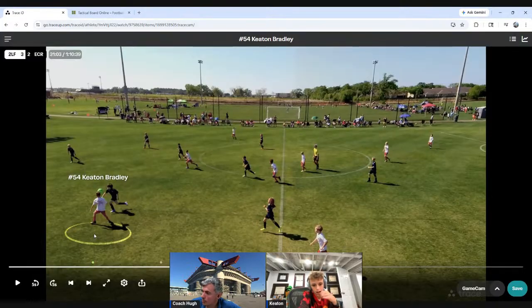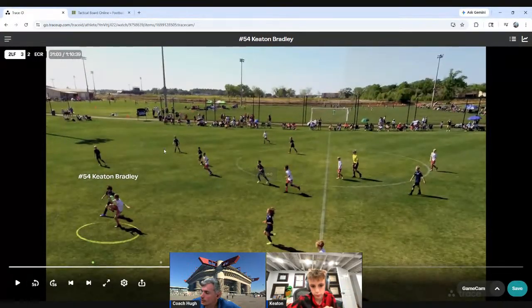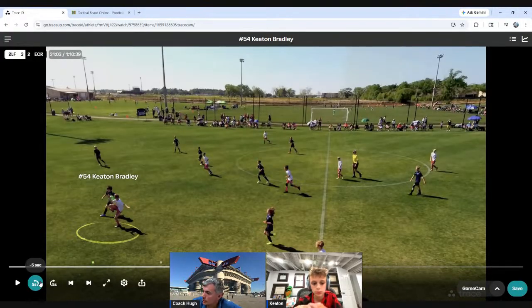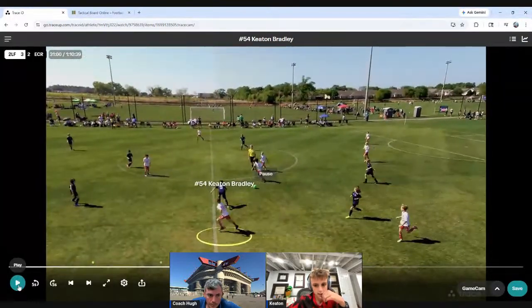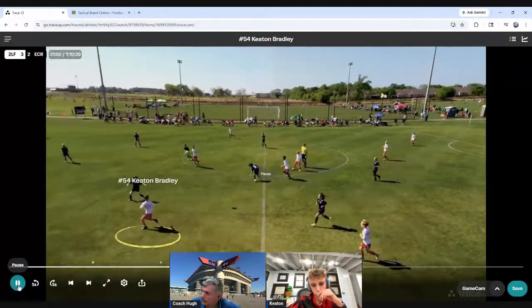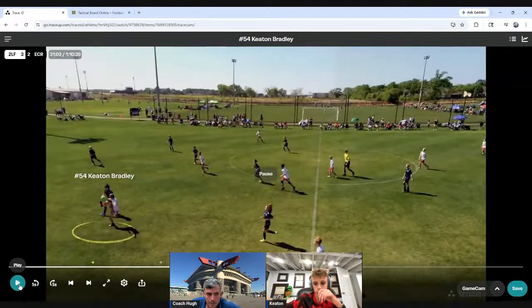On a bouncing ball, you can absolutely throw a shoulder into this guy and protect the ball, get it to the ground. Because right here, these air touches, your age group does not do this anymore. We got to start bringing the ball down to the ground. Now, Dill kind of set you up here. I don't like that idea. If he's going to do that, he's got to really play it over the top. Because now it's a contested ball.